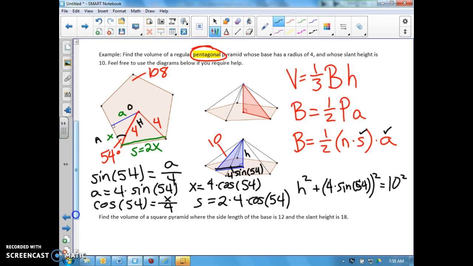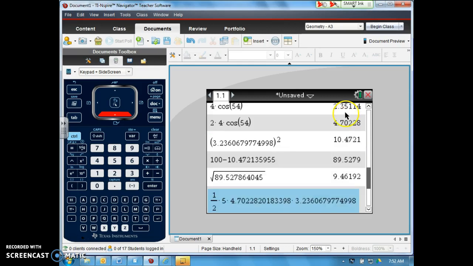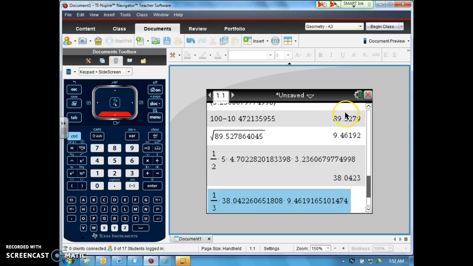This seems like a great moment to jump into my calculator. Give me a second, guys. I'm going to finish off the problem and then show you the answer. All right, real quick, this is inside the calculator. We can see that the apothem would have to be 3.23. My side length is 4.7. My height has to be 9.4. The base area is 38, which means